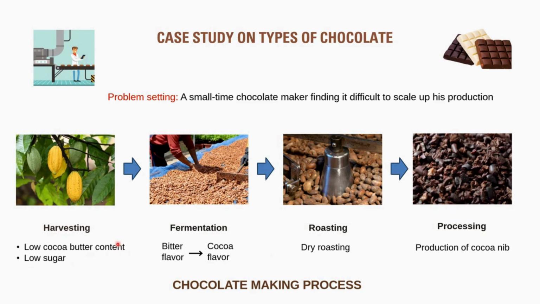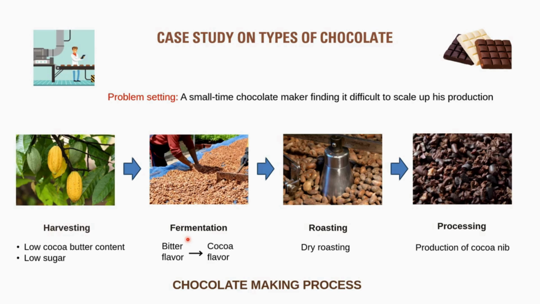These pods are then subjected to a fermentation process where they are cut open, and both the cocoa beans as well as the pulp surrounding the bean are subjected to a three-stage fermentation process during which various microorganisms, mainly yeast and bacteria, act on the sugar present in the pulp, converting it into various chemicals responsible for yielding cocoa flavor. Both under and over fermentation can lead to off flavors.